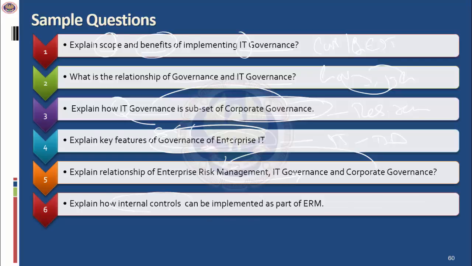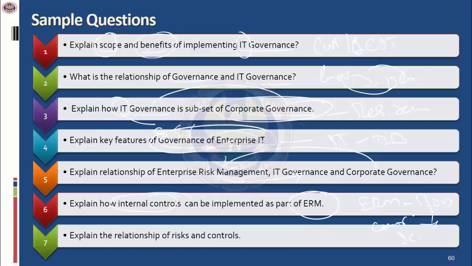Explain how internal controls could be implemented in ERM. We have discussed this in detail. You should know ERM is all about enterprise risk management, which is done by the board of directors for implementing a system of controls. Internal controls is the system of control mechanisms in place. So you have the 5 dimensions of internal controls, which have to be explained, which is elaborated in the ERM principle.